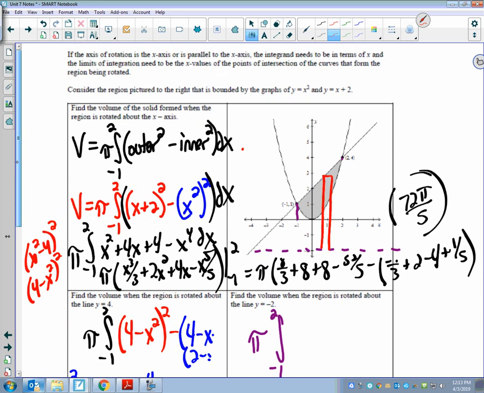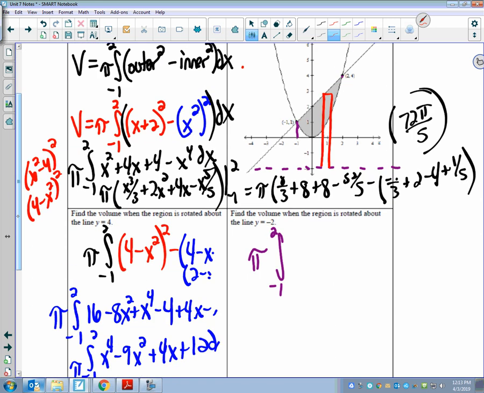And so what was my lines again? X plus 2. So this one would be outer radius squared minus inner radius squared. So outer radius squared would be x plus 2 plus 2, because minus a -2 is like adding that distance. So the x plus 2 would be this part to the x-axis, but then I have to add that extra plus 2 right there, squared. That would be my outer radius squared, minus